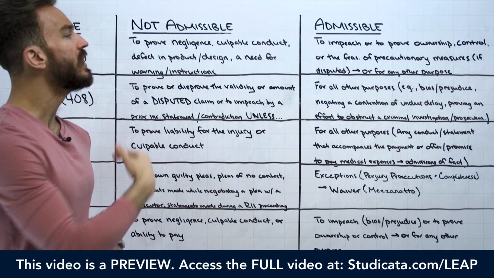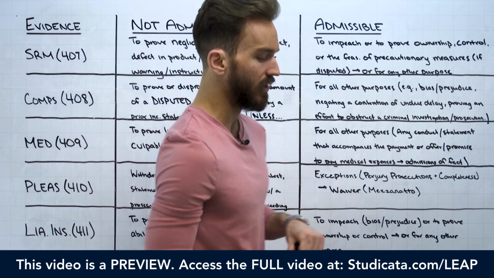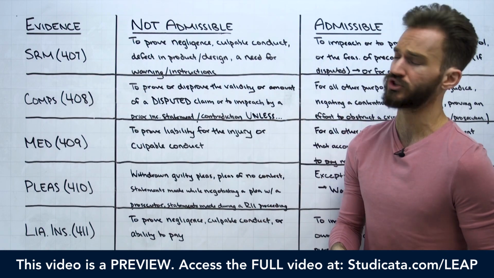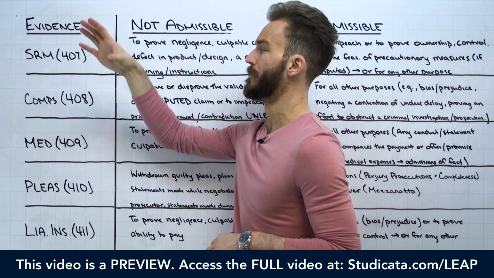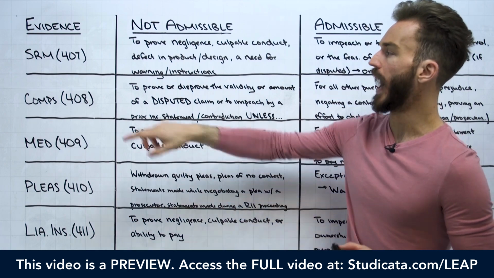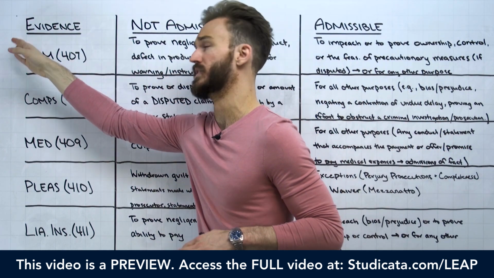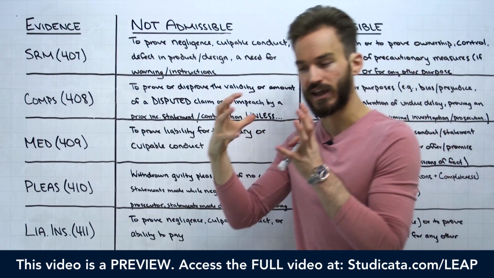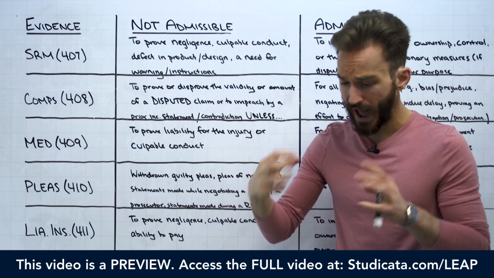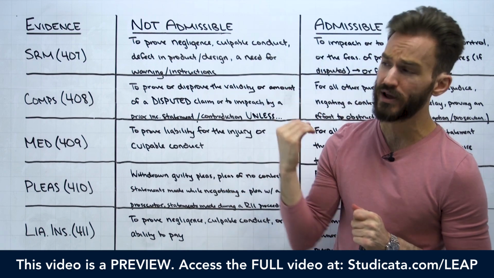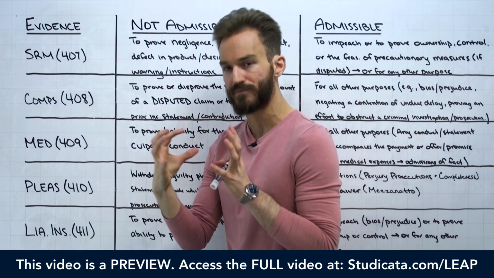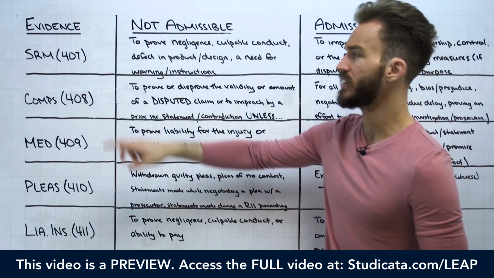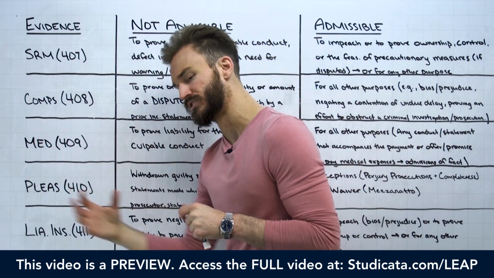So anyways, we can jump into it, starting with Rule 407 of the Federal Rules of Evidence, which is going to be subsequent remedial measures. It's important to realize that when we're defining what a subsequent remedial measure is, the process that has to happen here is, number one, we need an injury. And then a party, after that injury has occurred, is taking some measure to make the condition that caused that injury safer, right? So this can be a lot of things. It can be big, it can be small.